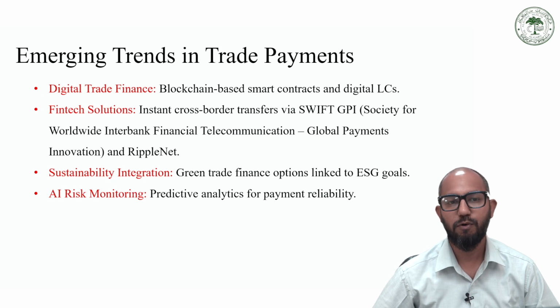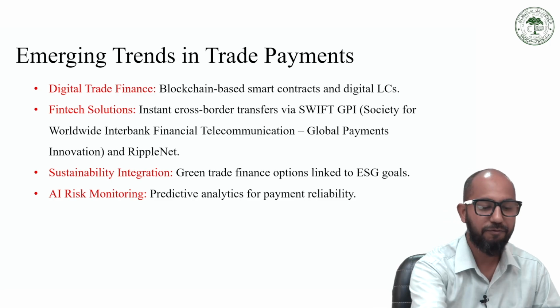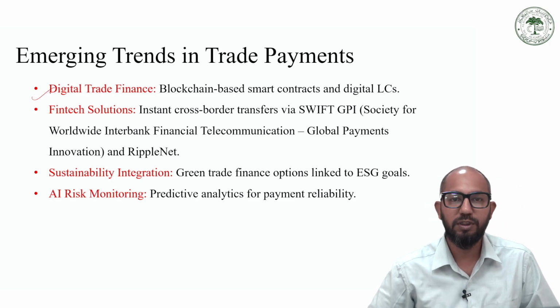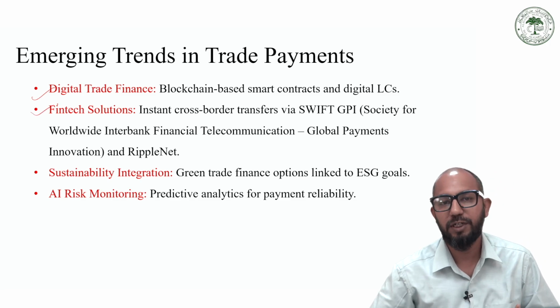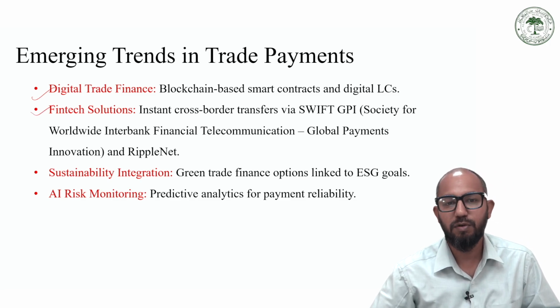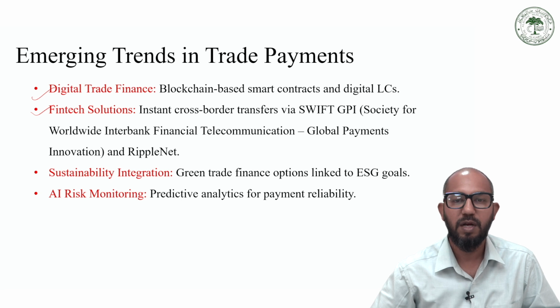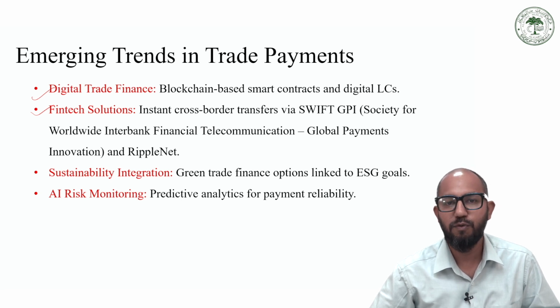Let us now try to focus on the emerging trends in trade payments. We have digital trade finance, where new technologies such as blockchain based smart contracts are used and digital letter of credits are now being used. Fintech solutions, that is financial technology solutions, where instant cross border transfers happen via Swift GPI. GPI is the Global Payments Innovation, and RippleNet. All these are the new financial technology ways through which payments can be made, and these are secure ways of